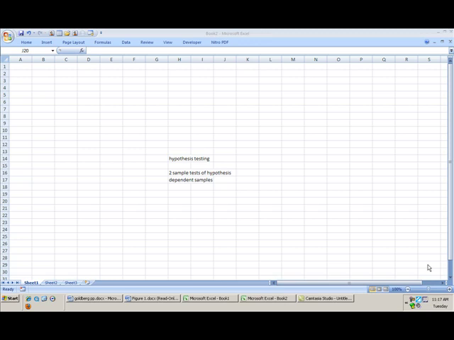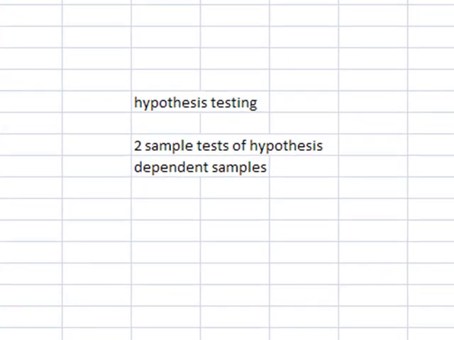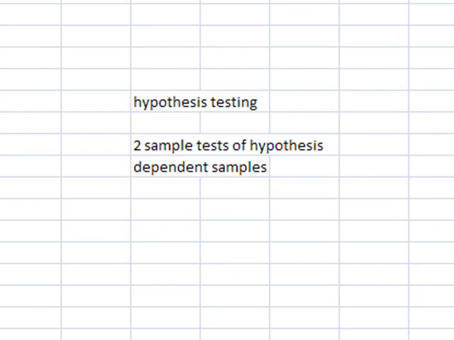We will be looking at hypothesis testing and one specific example, which is a two-sample test of hypothesis dealing with dependent samples. Just very briefly, a hypothesis is a statement about a population. What we have is data used to check the reasonableness of the statement. For example, a person is innocent until proven guilty. The hypothesis is that he is innocent, and the jury now has to check the evidence and hear testimony before